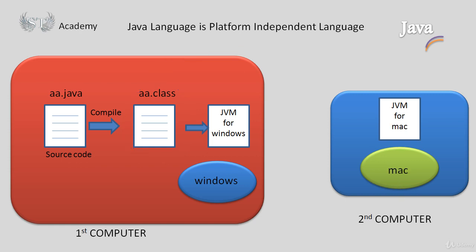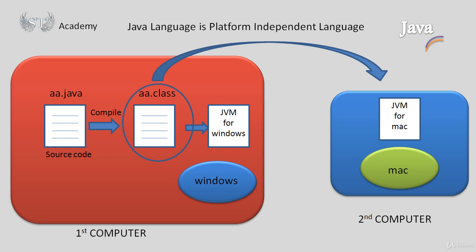In the same way, if I want to run this particular application on a machine which is having the Mac operating system, how is it going to work? I need the Java Virtual Machine for Mac in this second computer. It's going to translate or convert the bytecode, or you can say the intermediate code, into native code. Okay, the task of JVM is that once it's converted into native code, that native code will be compatible with the operating system of the second computer. So if the operating system is Mac, I require JVM for Mac. Compatibility will take place and I will get the result.